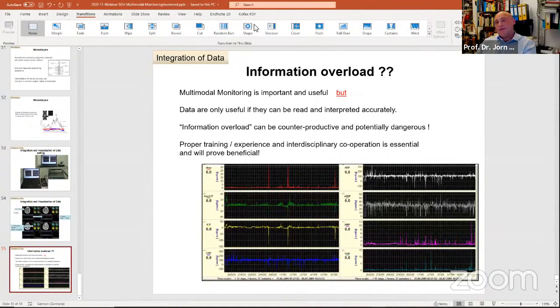But ICP is always the first one. And then if you can, and if you want to go deeper into this and improve the management, add the PO2. Add the PO2 in certain cases where it actually helps you. For instance, if you have a patient who is on the edge of